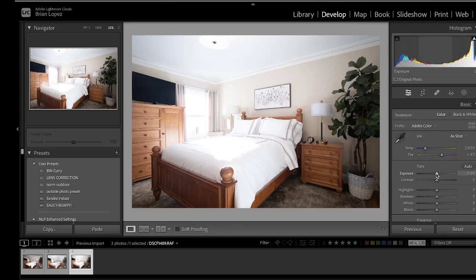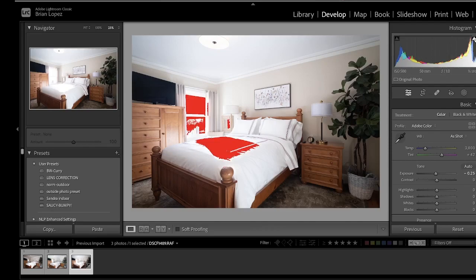First thing I'm going to do is bring down the ambient exposure just a little bit. We want the histogram to be to the right. A lot of times when it's too far right and it's clipping, which is the red right here, all that red stuff is clipping. That's bad. There's no data there, no pixel definition. You want to usually avoid that unless you're not planning on using that. When a window is blown out, most of the time it's going to be clipping, but that's not a problem if you want the window to be blown out. But